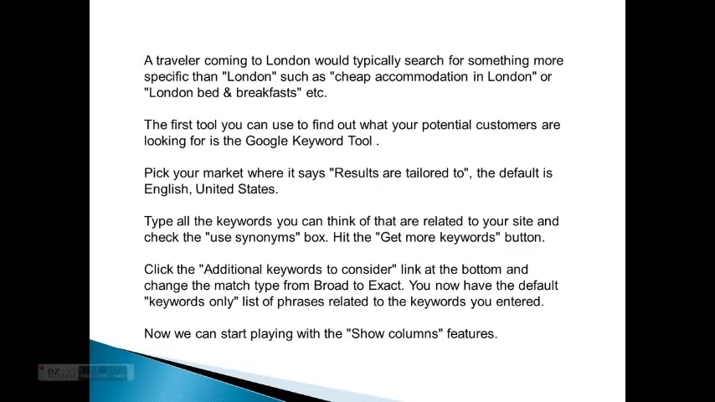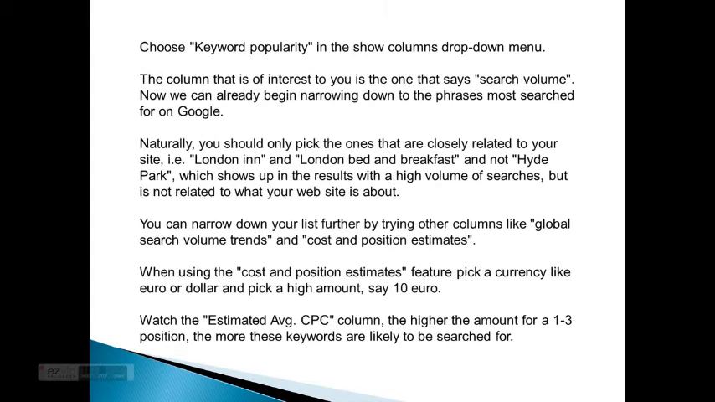Now we can start playing with the show column features. Choose keyword popularity in the show column's drop-down menu. The column that is of interest to you is the one that says search volume. Now we can already begin narrowing down to the phrases most searched for on Google. Naturally, you should only pick the ones that are closely related to your site, i.e. London Inn, London Bed and Breakfast, and not something like Hyde Park, which shows up in the results with a